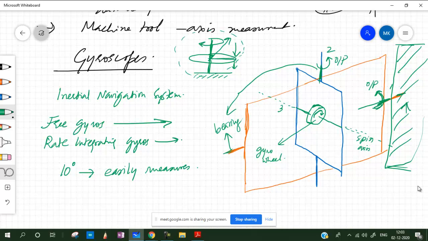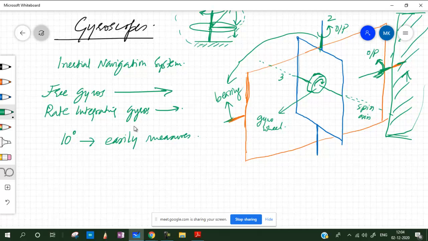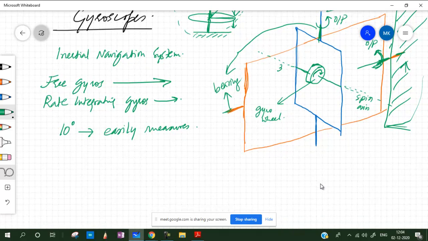आप कह सकते हैं कि this is very small, but what happens actually, these types of gyros are not much used, rather we have rate integrating gyros which are used. So in this case 10 degree भी जो है बहुत enough है, जो भी हम यूज़ करते हैं कंट्रोल सिस्टम